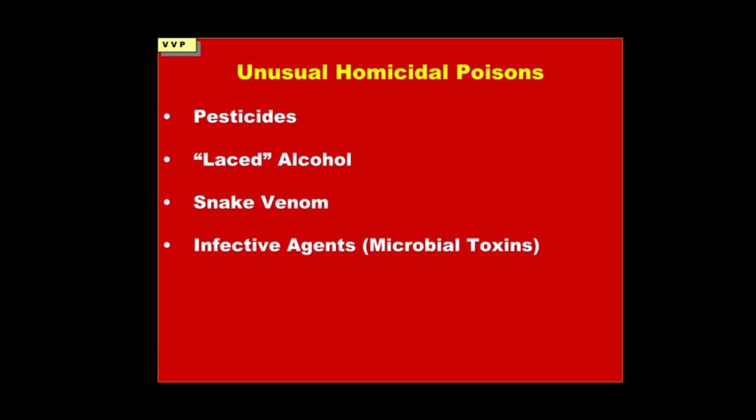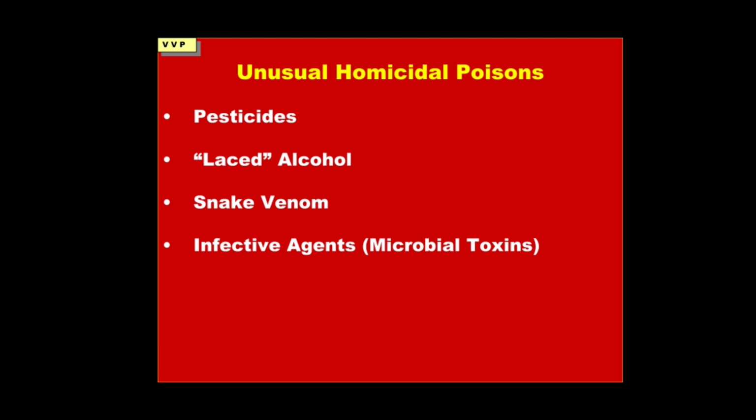A very unusual kind of homicidal poison involves the use of snake venom. Sometimes the snake itself is used as a murder weapon. There is a sensational case which is being investigated right now in Kerala, where a man killed his wife by having a venomous snake bite her. And that is again something that can escape detection, because often we don't think of snake venom or snake bite as a